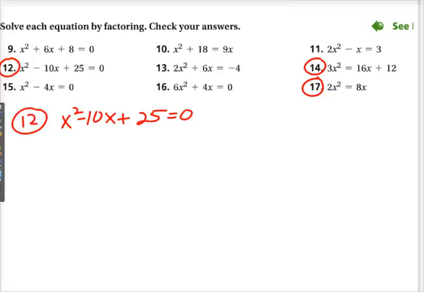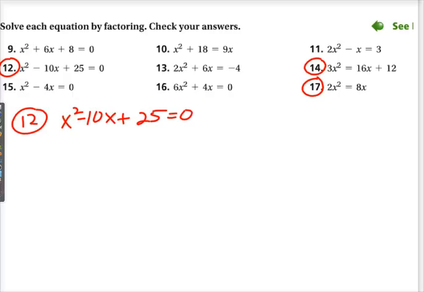These are the frequently asked questions for Algebra 2 for Section 4.5, Day 1, starting with number 12. Solve each equation by factoring. Check your answers, and I rewrote it down here. So they said I'm supposed to solve this by factoring, which tells me I need to go through my normal